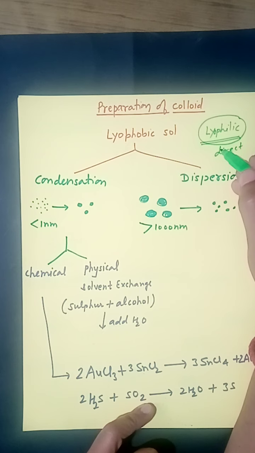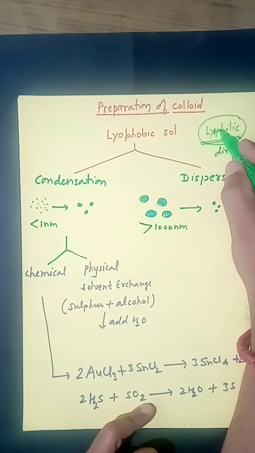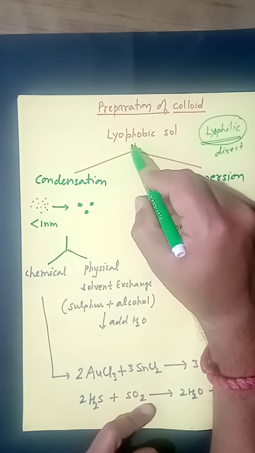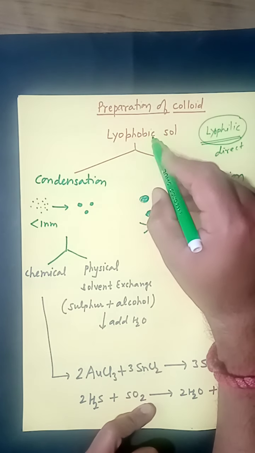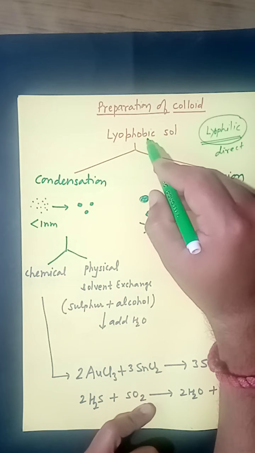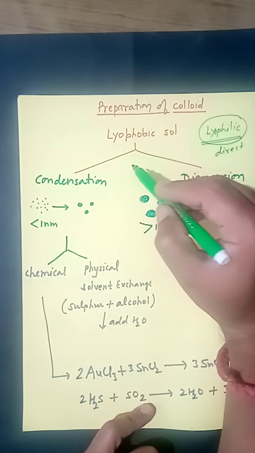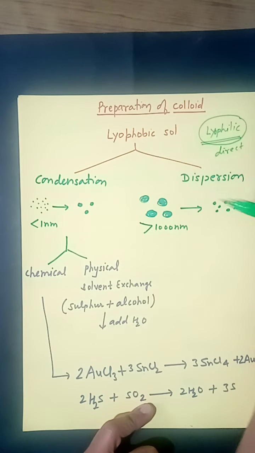Like in the previous video you have seen, direct method means if you need to prepare a colloid sol of starch in water, then the starting substances are starch and water itself. So there is nothing to discuss in lyophilic, but lyophobic cannot be prepared by simple mixing. They can be prepared by indirect method. We need to understand how we can prepare lyophobic sol.